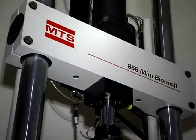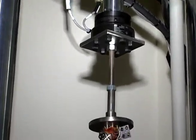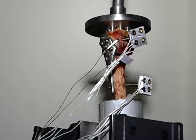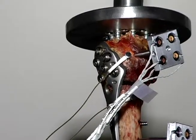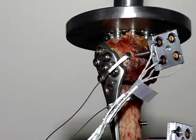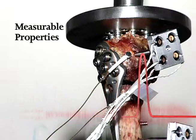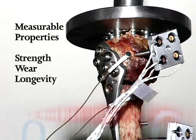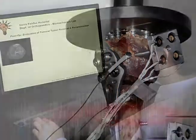The first is the use of this machine called an MTS. The MTS tests the strength of bones and the implants that are attached to or put inside the bone to assist in healing or movement. The MTS machine can simulate the stress and impact of motion imposed on each bone and measure the biomechanical properties of the bone and the implant, such as strength, wear, and longevity. These measurements can help doctors choose the right implant for different patients and can assist in the development of future